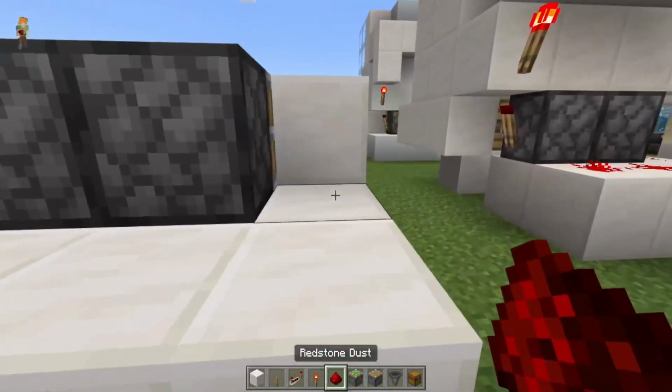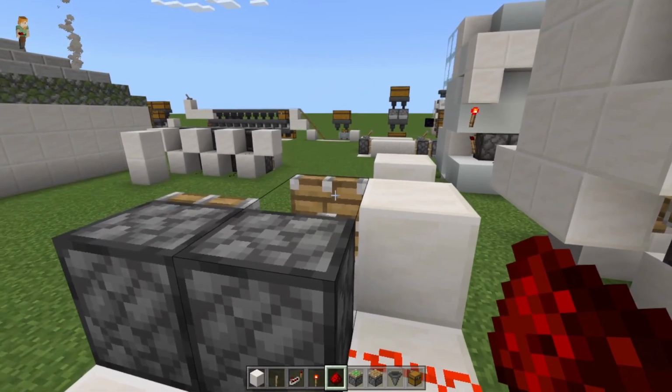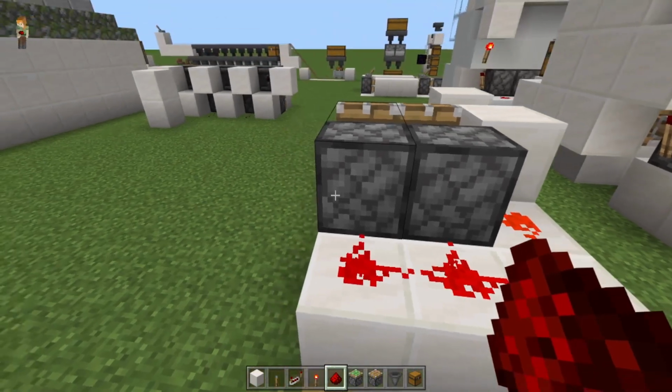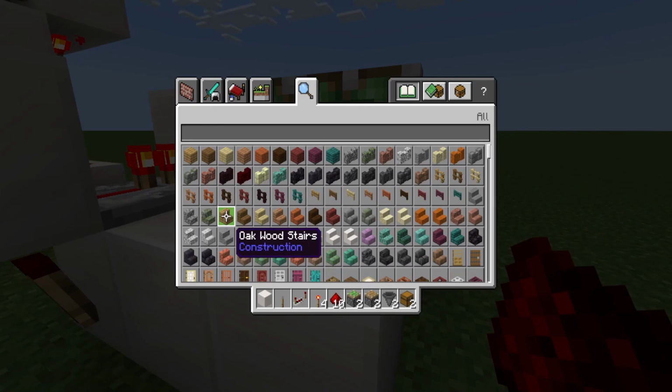We're going to put our first four pieces of redstone dust. First one, that extends out. We know that's working, coming across, and then when we get to that one, it comes out. So we know that is physically working. Let's go ahead and